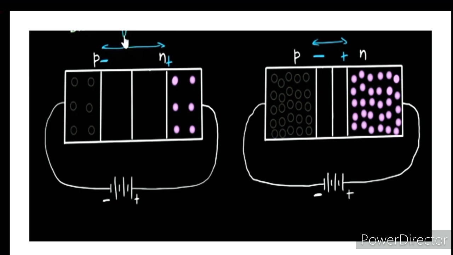So as the reverse voltage increases, after some voltage the simple PN junction diode breaks down and charge starts to flow. At that time it generates heat in the PN junction diode. Similarly in the Zener diode, in the reverse bias condition, after the breakdown voltage the carriers start to carry current. At that time it does not generate heat, because the Zener diode is used in the reverse bias condition.